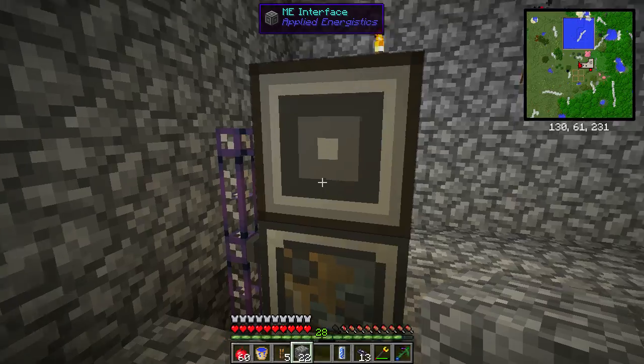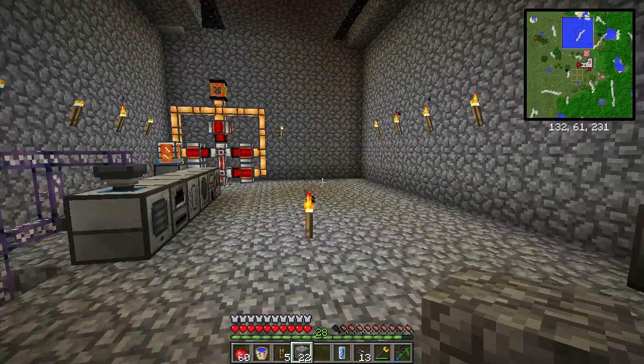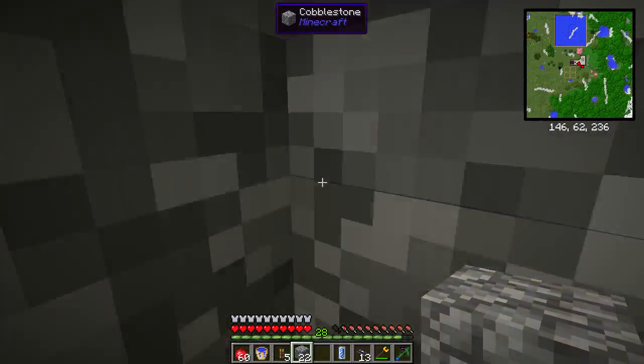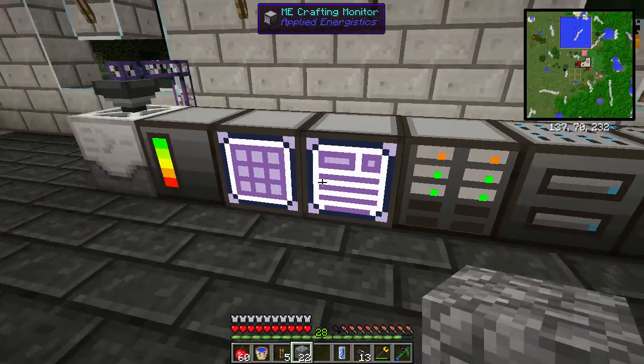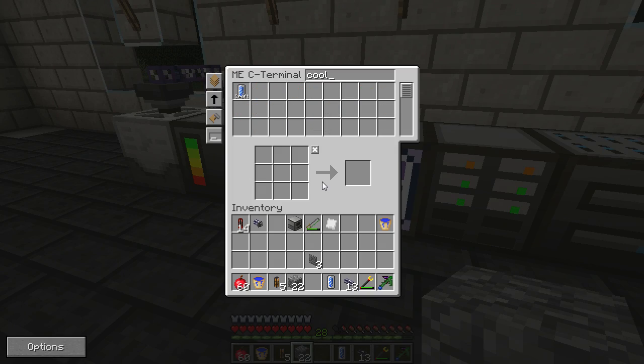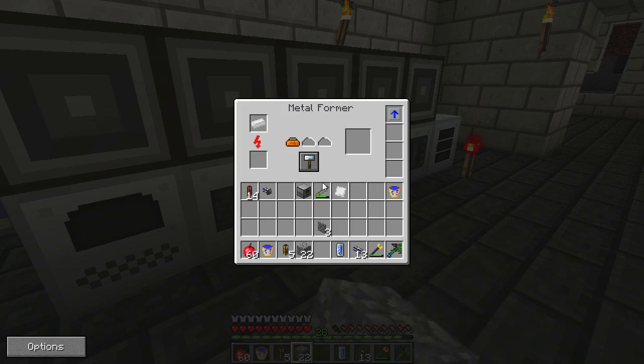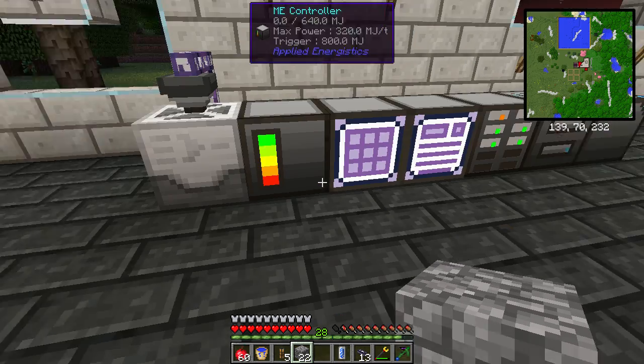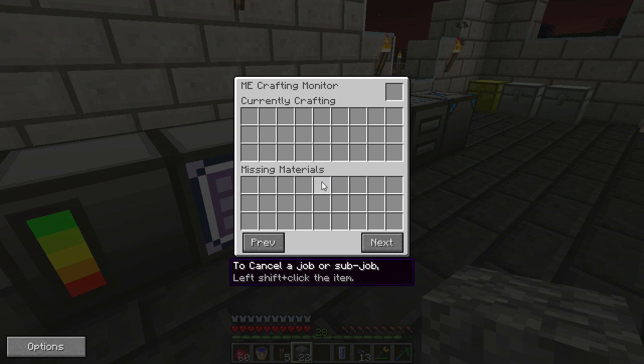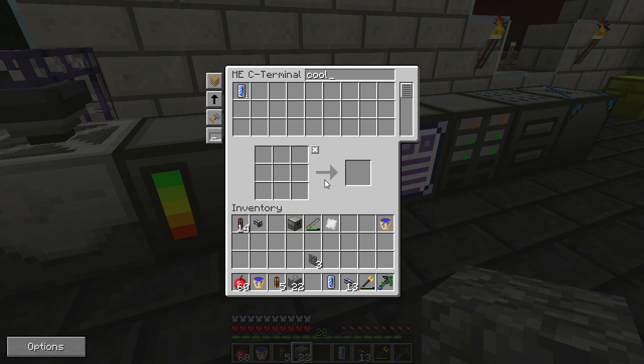So, alright, now we should be able to make coolant cells. So I'm going to craft 1 coolant cell. It's going to make a tin plate because I stole one. It makes the tin plate, it gets it back in the network, and it's not crafting it anymore, so there we are, a coolant cell. We can now make coolant cells as many as we want. And that is the only thing the autocrafting system couldn't make to supply our